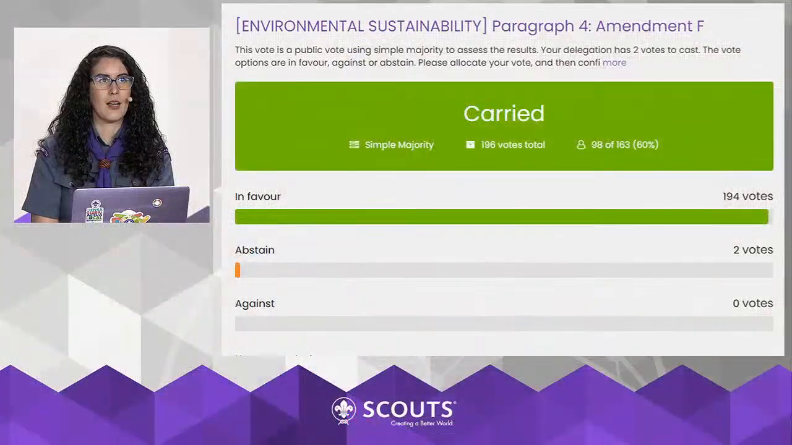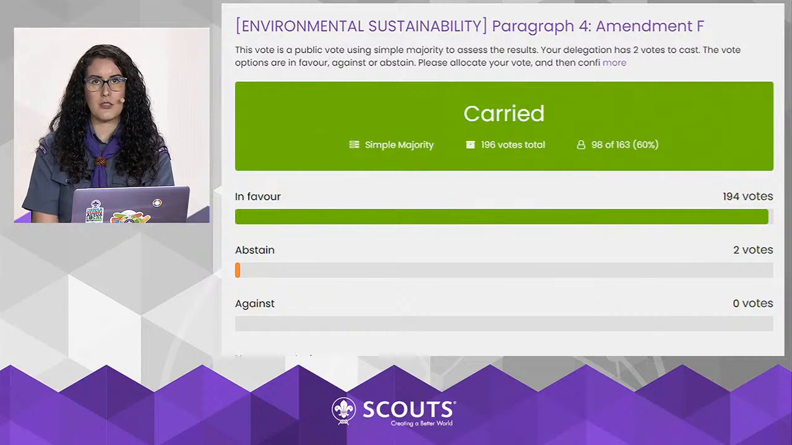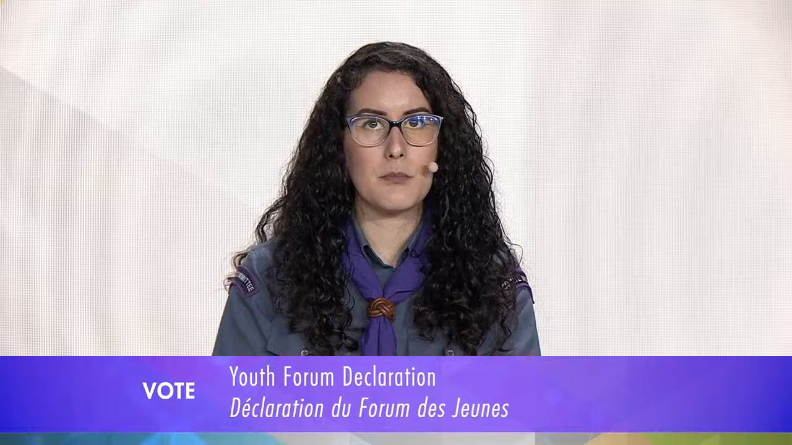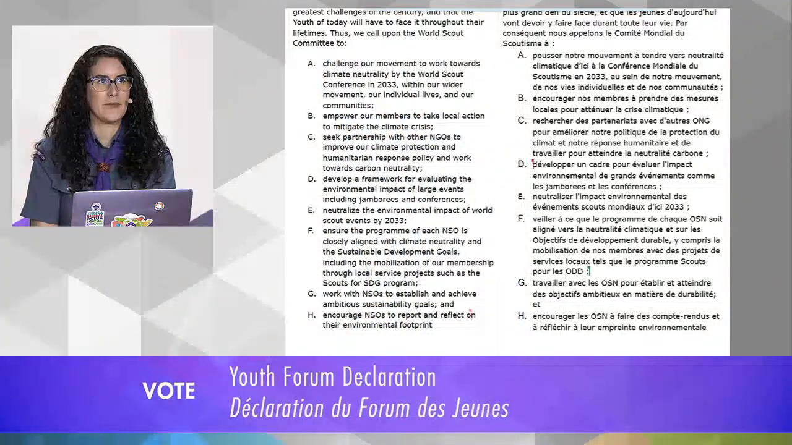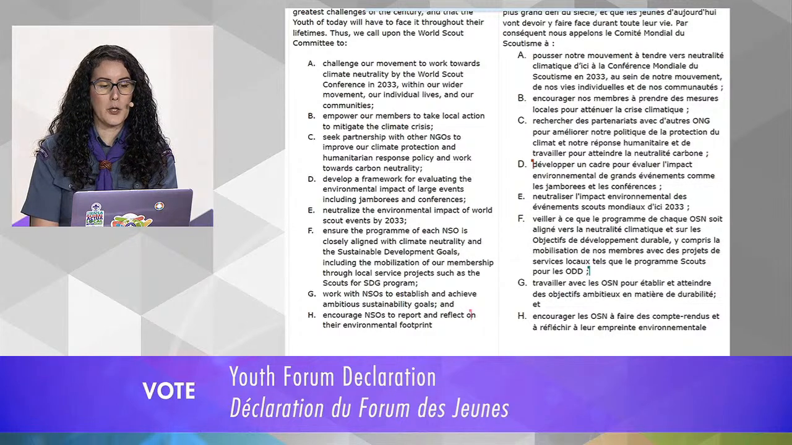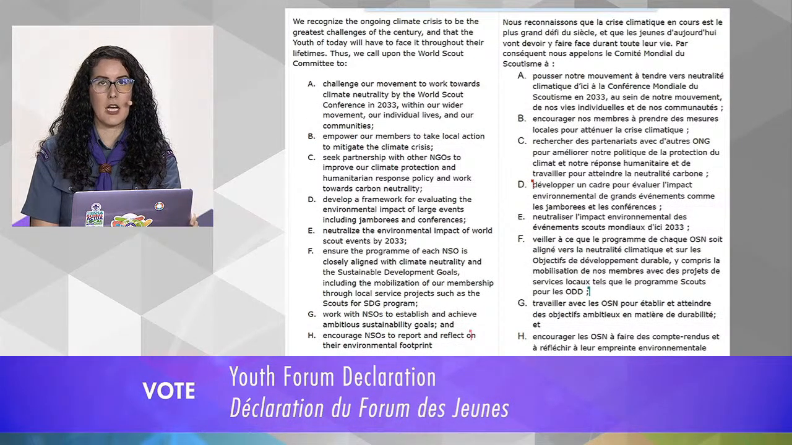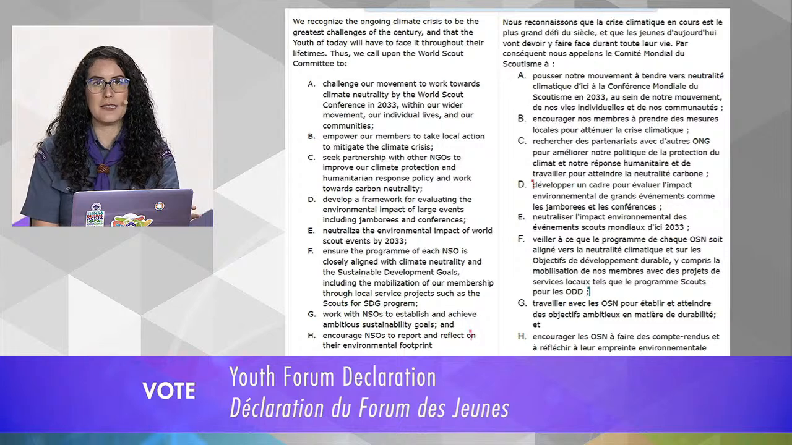And finally, we'll move to the amendment on sub-bullet point F to see the results. With 194 votes in favor, 2 abstentions, and 0 votes against, this motion is carried. We will now vote on the amended proposal, the whole proposal with the amendments incorporated. So as you see on screen, we will be voting on the whole paragraph number 4 on environmental sustainability as